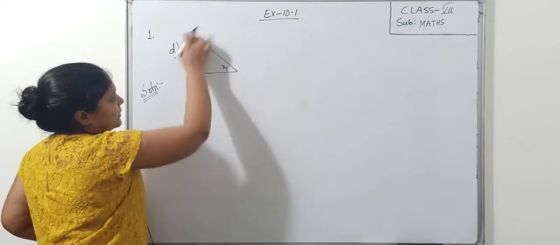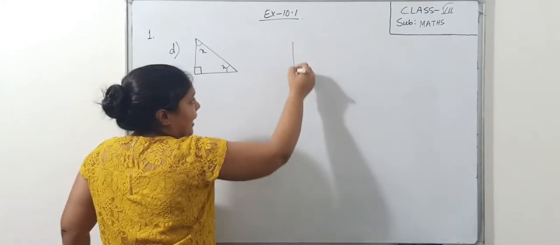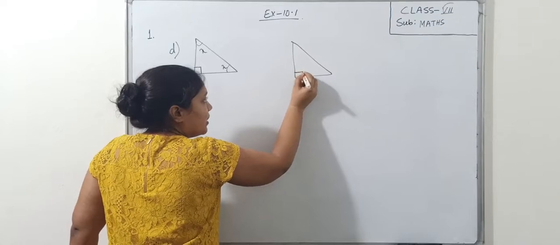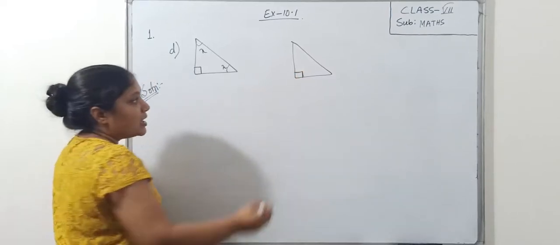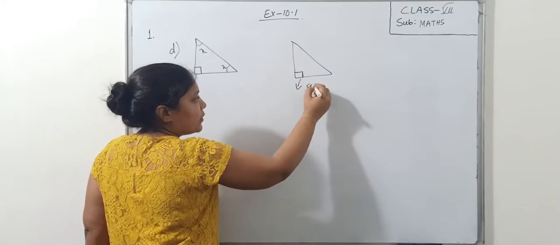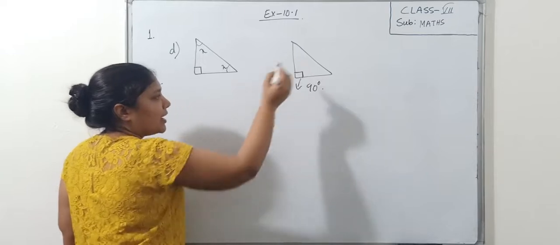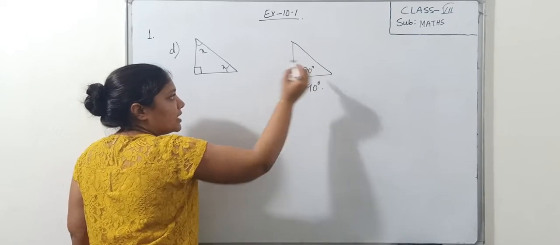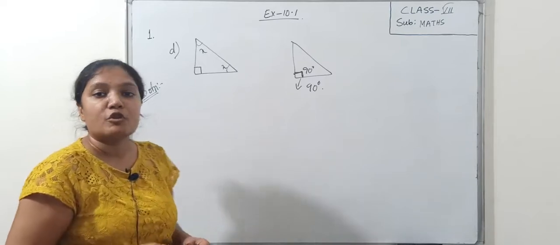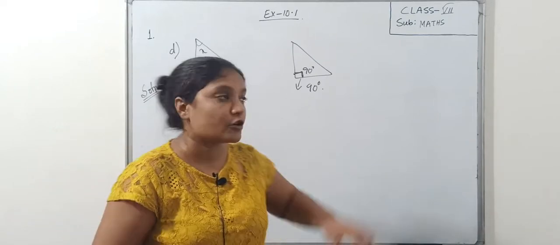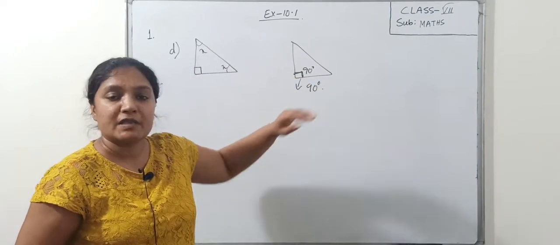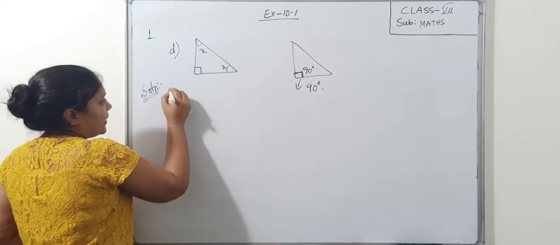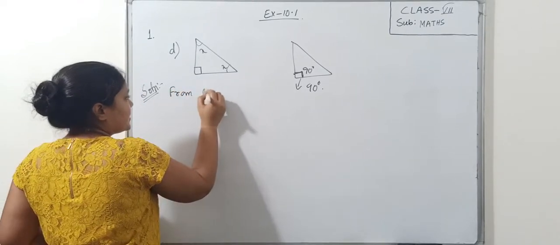Now see, in this figure, any figure, if you draw any triangle, what does this sign symbolize? This sign means that this angle is 90 degrees. We don't write 90 degrees, but if this sign is given, it means the measure of this angle is 90 degrees. This you have to assume by yourself. It is already given in the form of a sign. Don't forget this students, okay? This is very important.